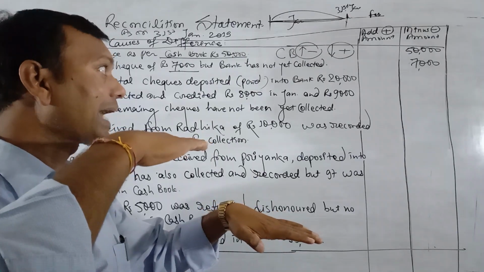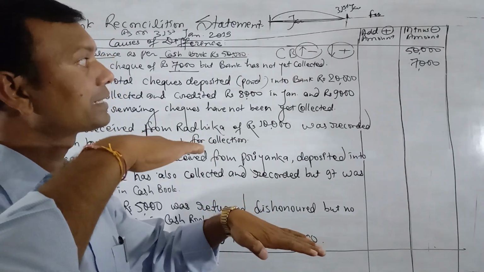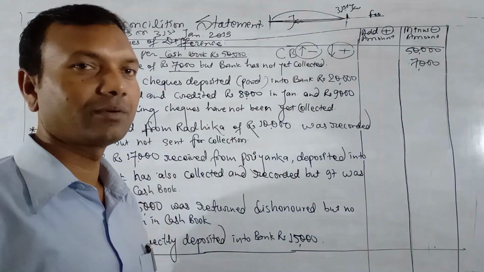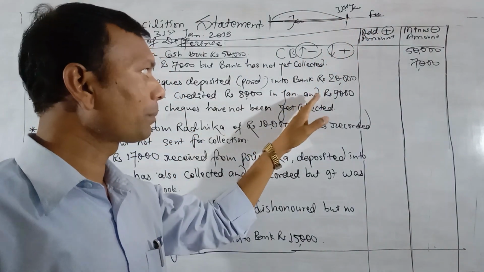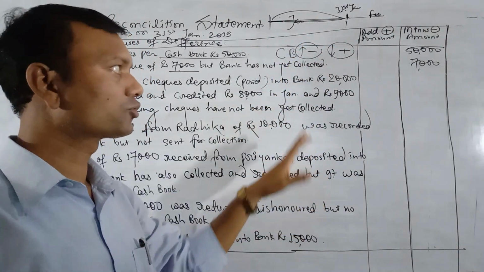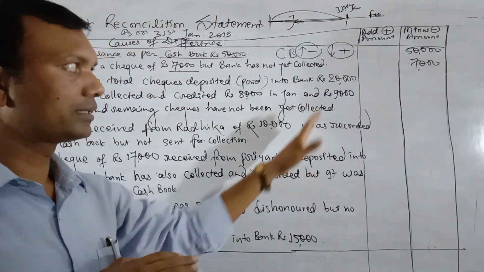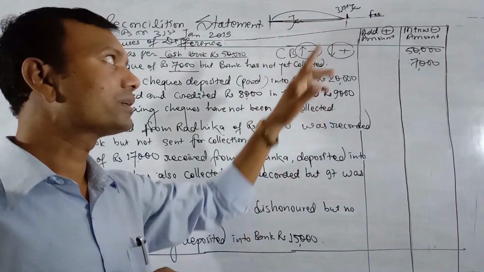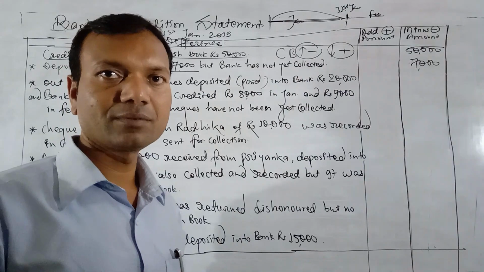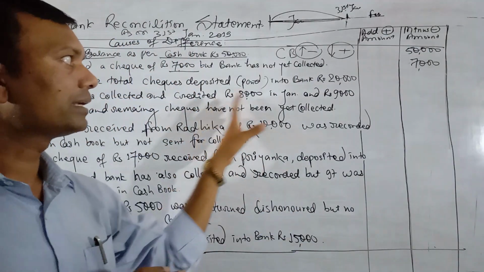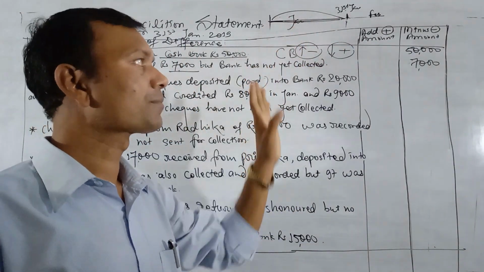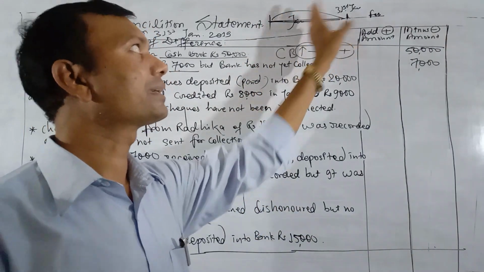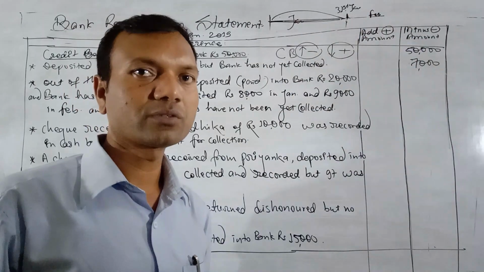Only 8,000. 9,000 has also increased, but it is in February, and we are reconciling on 31st January. It doesn't take place during the month of January, so it is also not considered. It should be left out because it is not recorded during January. Only the transactions that took place within this period are correct, and a transaction that doesn't take place during this month is incorrect, which means that should be reconciled.